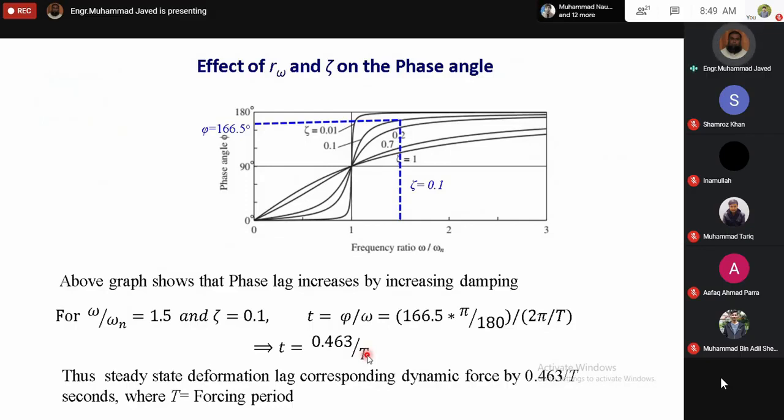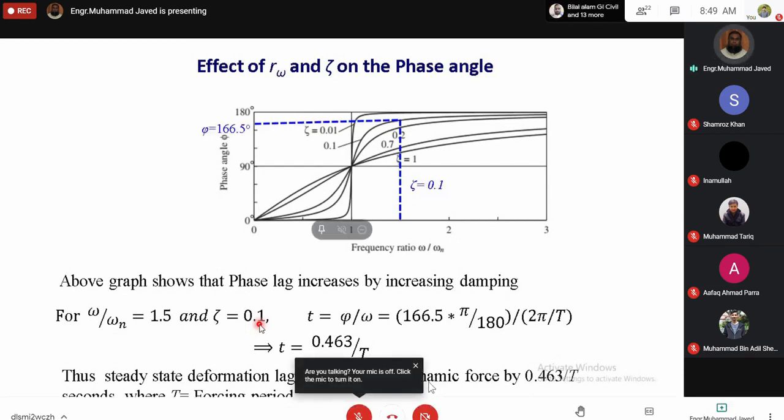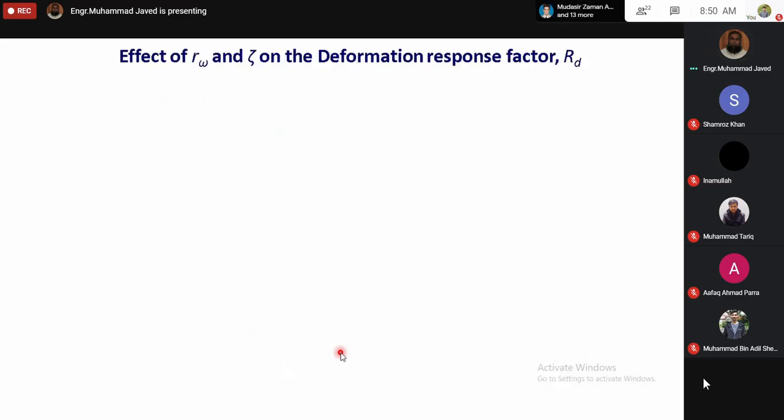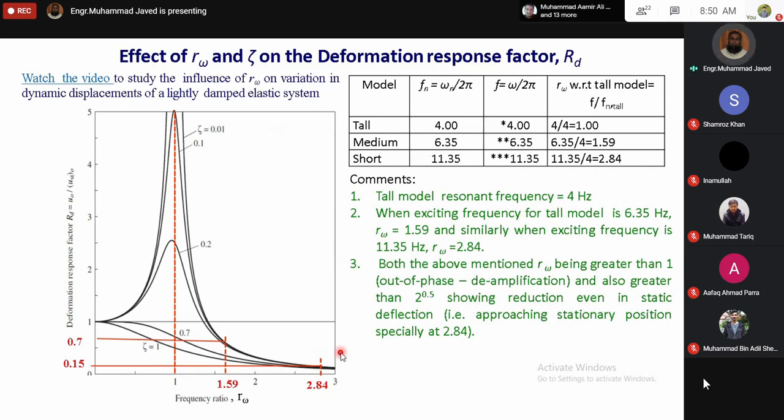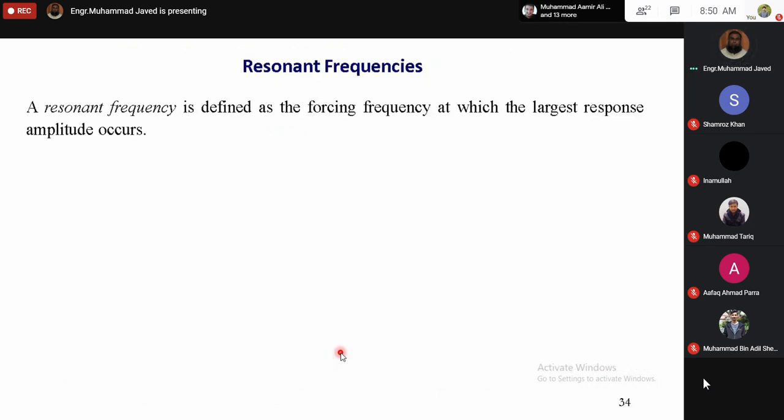अगर आप T 1 सेकंड ले लें, एक हार्मोनिक फोर्स एक साइकिल जो है 1 सेकंड में कंप्लीट करता है। This small t will be equal to 0.463 second, which indicates that for frequency ratio equal to 1.5 and damping ratio equal to 0.1, dynamic force and the corresponding dynamic displacement will lag by 0.463 second. यानी डायनामिक फोर्स और उसकी वजह से जो पीक डिस्प्लेसमेंट है वो एट अ टाइम प्रोड्यूस नहीं होगी, बल्कि जब डायनामिक फोर्स अप्लाई हो जाए उसके बाद 0.463 सेकंड के बाद प्रोड्यूस होगी। तो ये चंद एडिशनल इंफॉर्मेशन है, इस पे हम ज्यादा फोकस नहीं करते।